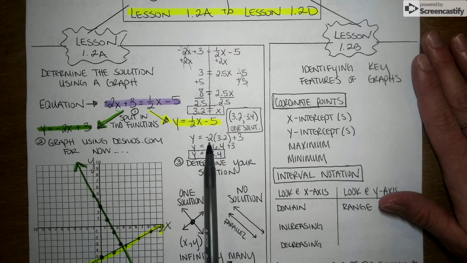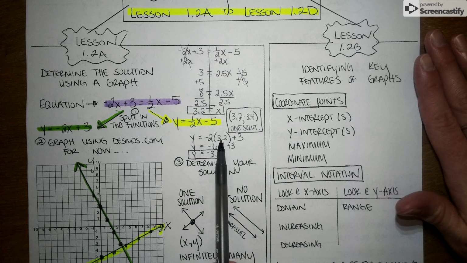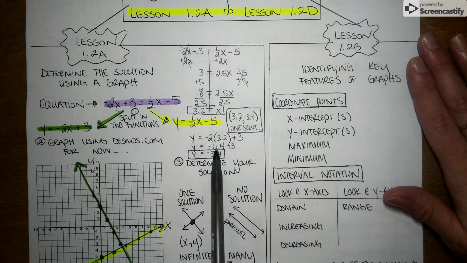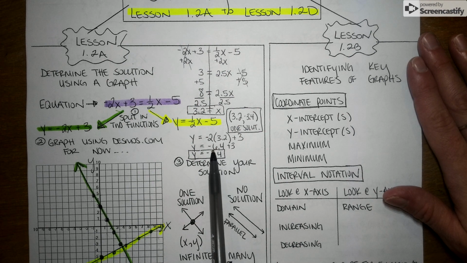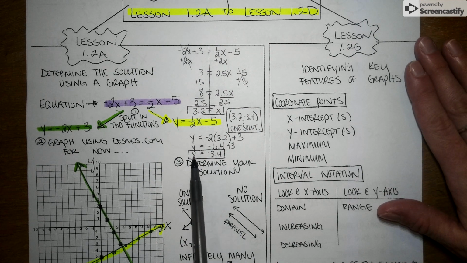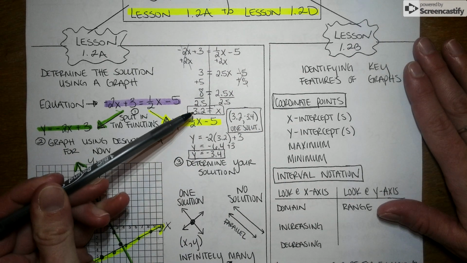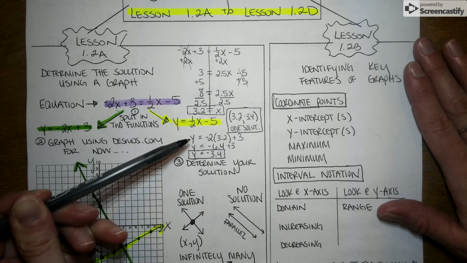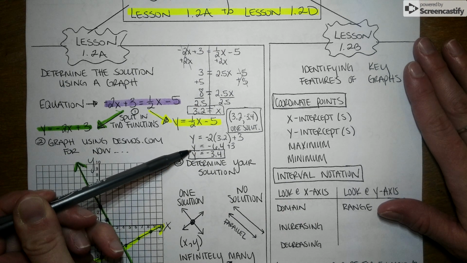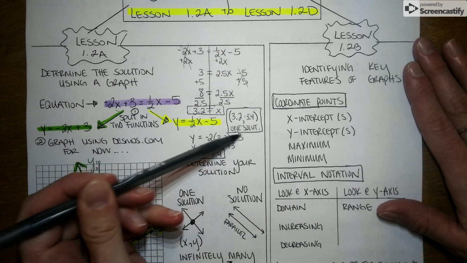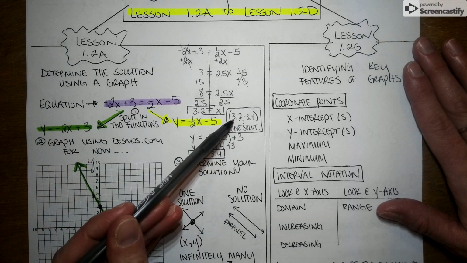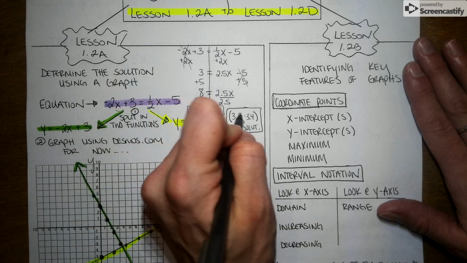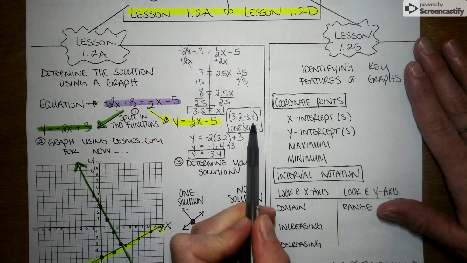is. So what I did here is I took negative 2 and I multiplied it by 3.2 and ended up with negative 6.4. And so I still have to add the 3. So when I take negative 6.4 and I add 3, I get a negative 3.4 for my y. So because I know my x is 3.2 and my y is negative 3.4, I can go ahead and write my one solution coordinate point of 3.2, comma, and there is a little negative sign in there,